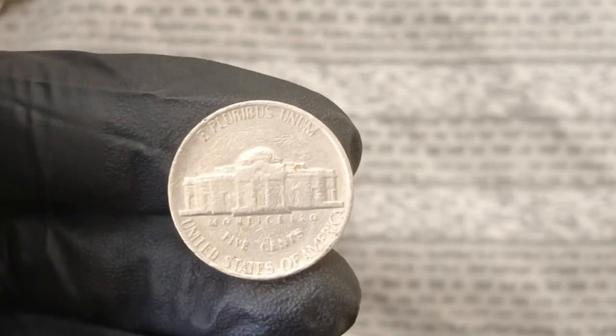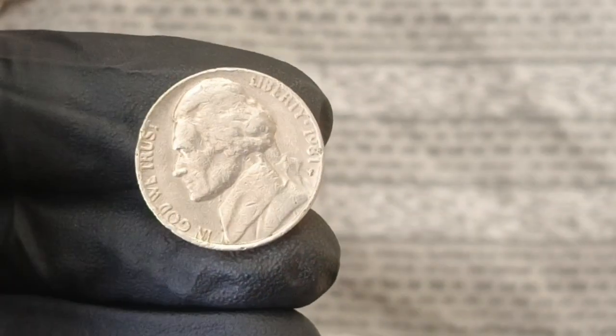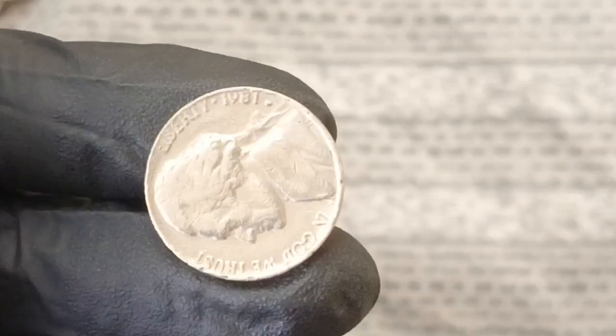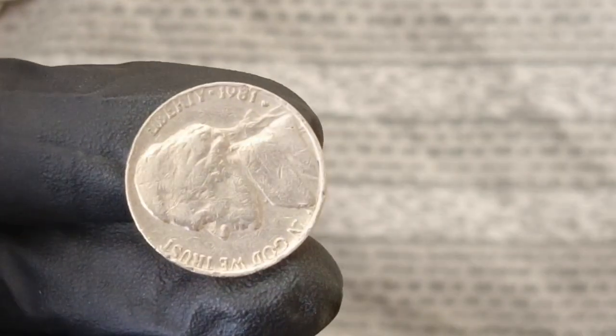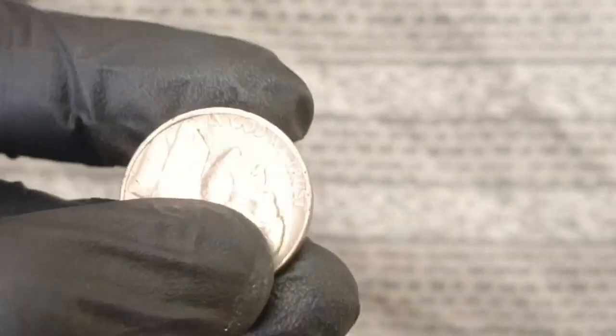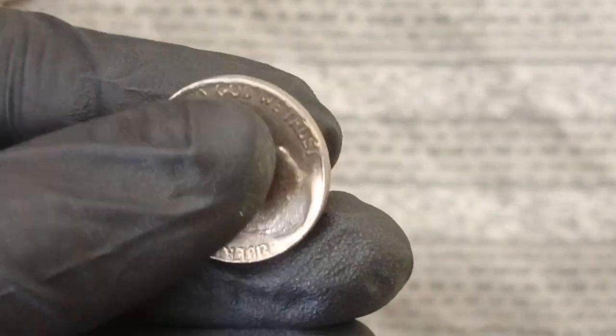1981 P Jefferson nickel was struck with a full brockage on the obverse, showing a mirror image of the reverse design and completely obliterating Jefferson's portrait, while maintaining a sharp strike on the reverse, and the dramatic visual impact, combined with the perfect preservation of the error, led experts to estimate its value at over $10 million alone, and when